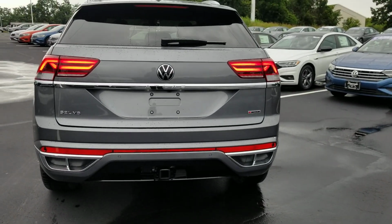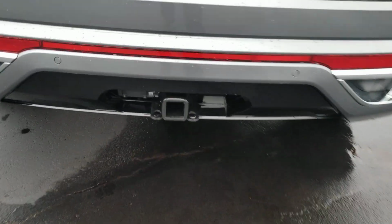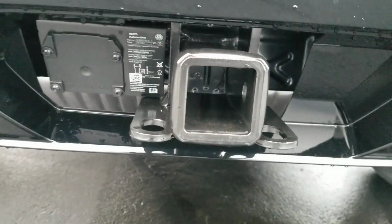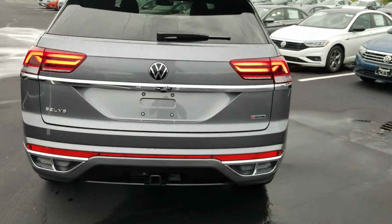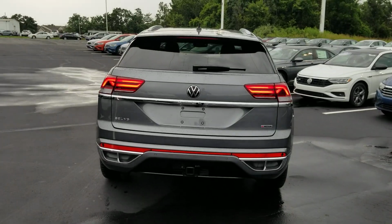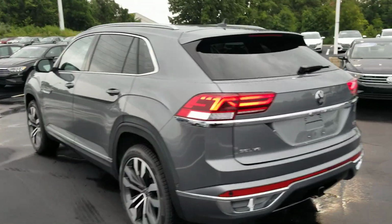Fake exhaust tips there, they're split to look quad. And then also you have a tow hitch down here. There's a look at your tow hitch setup. You'll need a 7-pin adapter to finish that off. LED tail lights,